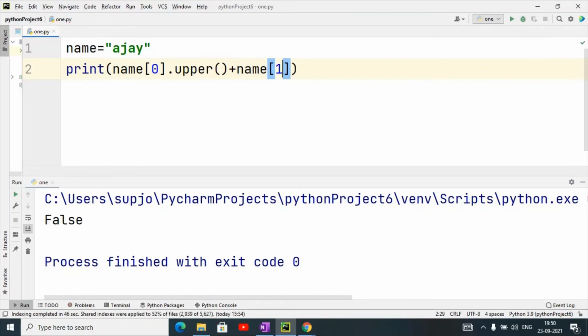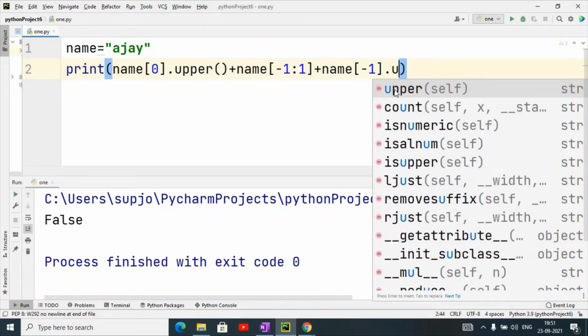Why 1? Because 0 is the first character, and from the second character to -1, this is the slicing operator. I used from one to -1, that is up to the last character, because -1 will not be included. I told you in the slicing operator the end point is not included. Plus I have taken name of -1 dot upper.